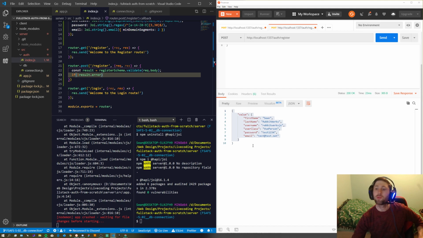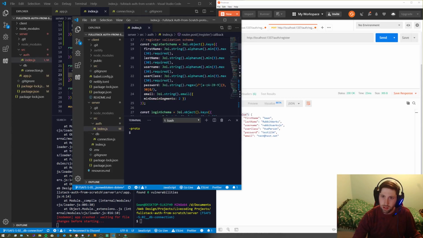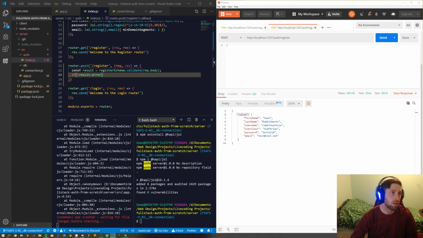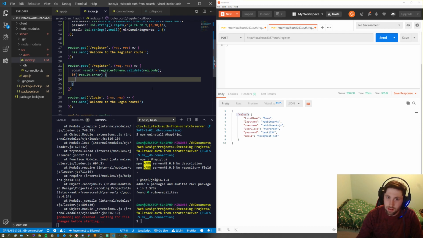Because before, even if it was valid, we would still have an error object or whatever, but it would just contain a value of null. So we would check right here, so everybody knows I'm not crazy. Right here, if result.error equals null, we can do users.find, but we can't go like that anymore because we don't get a result.error object if we have a valid schema. So we have to go about it a little bit differently. So we'll try if not result.error, then